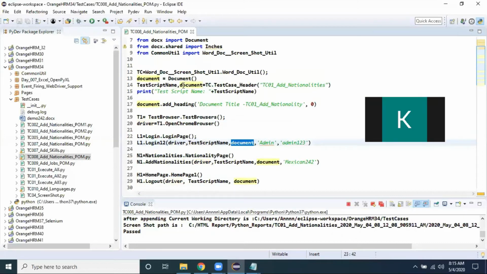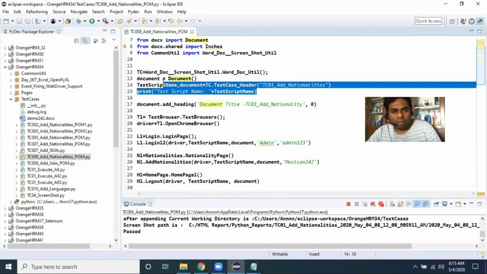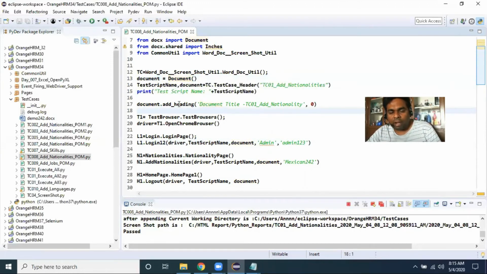For the document class, we are appending the snapshots and everything. Whenever you are passing, the same document object also I'm passing to my login page. Similarly to the driver, I have created the same document object here for the document class.